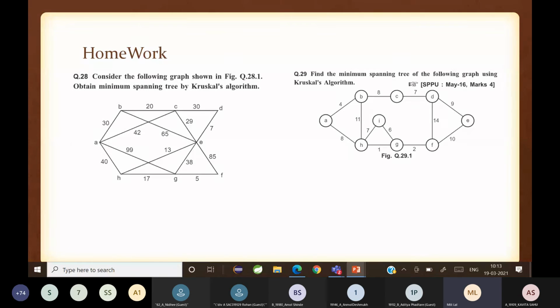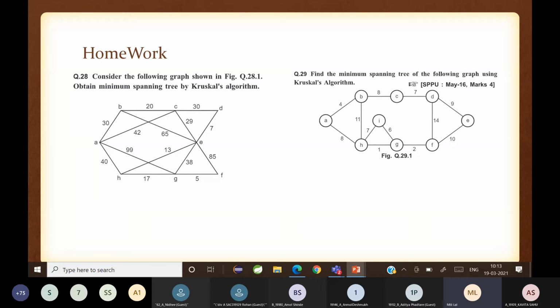The next question is to obtain the minimum spanning tree by Kruskal's algorithm. तो आप लोगों को पता है कैसे करना है? So Kruskal's में कैसे है method? What are you going to do in Kruskal's? First we'll sort the edges and then join the minimum edges. You will first sort and select the minimum as per the weight. So ये दो questions आप कर सकते हैं. ठीक है?